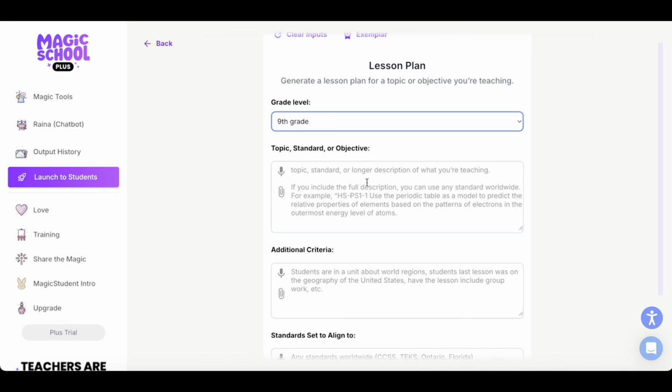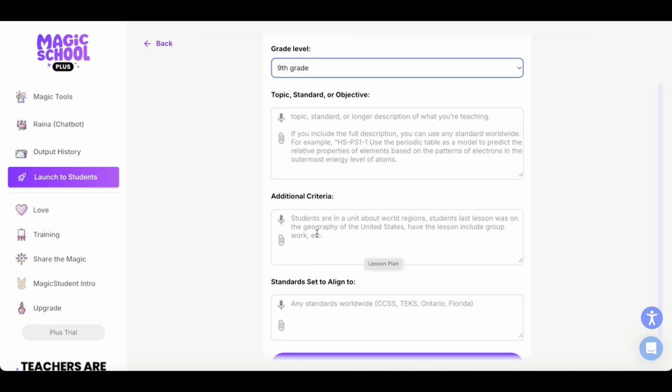Then here, type in your topic, or you can voice type your topic, or you can upload a document and write your own specific instructions here. Then down here, you can add your own criteria. For instance, if you have something specific that you want to include in your lesson plan, ask Reina here to